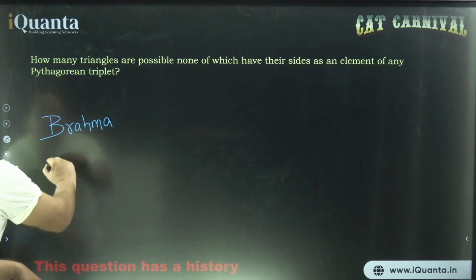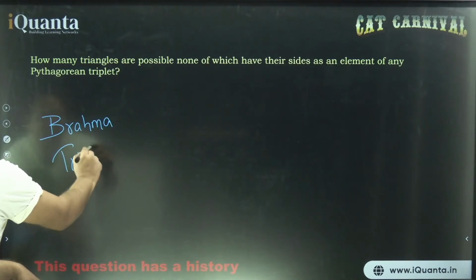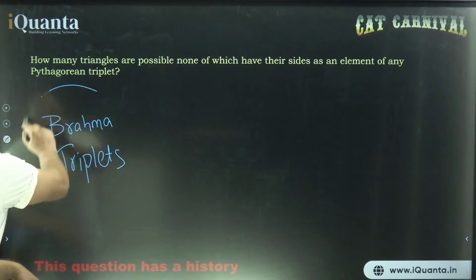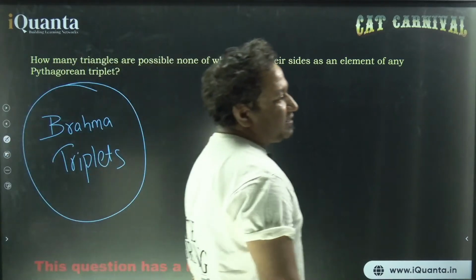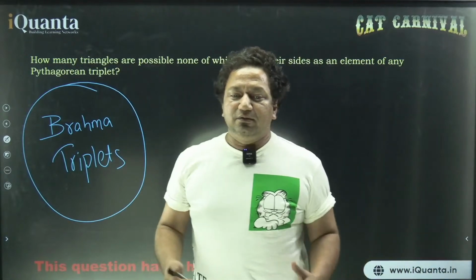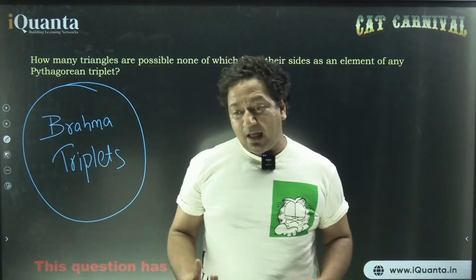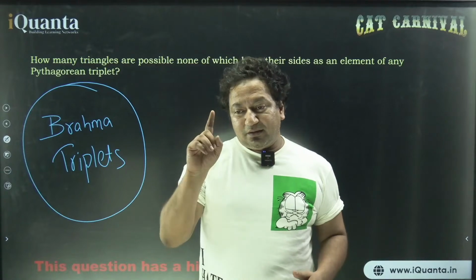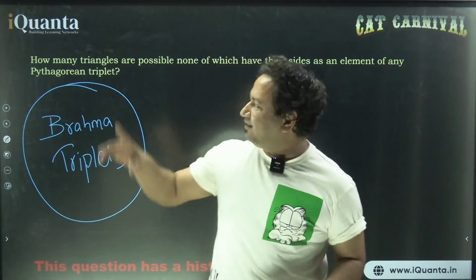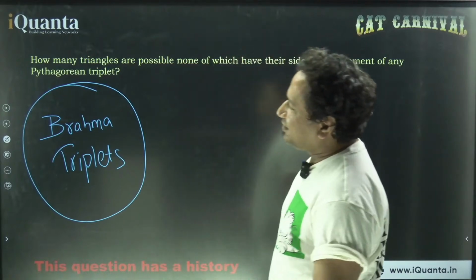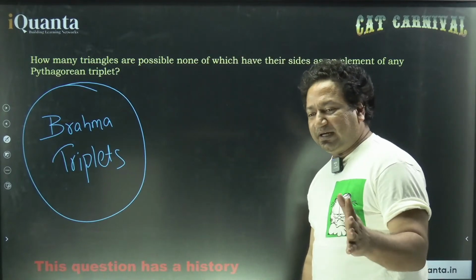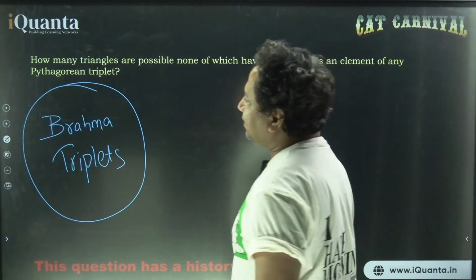That is today's class. It's like a film, isn't it? You see the prologue and then the real film starts. I call them Brahma Triplets because through it I was able to make a new formula, and I made this formula only to solve this question. Unknowingly I created something so nice, and you want to know it, isn't it? All of you want to know it. Well,